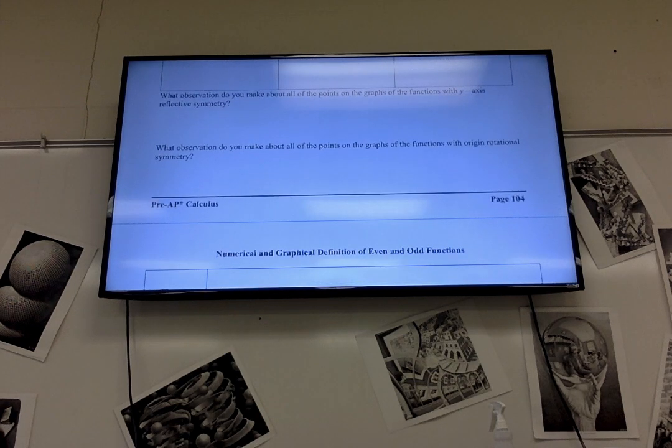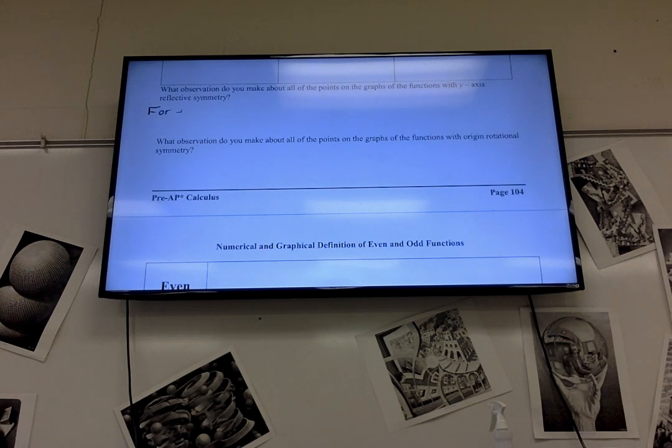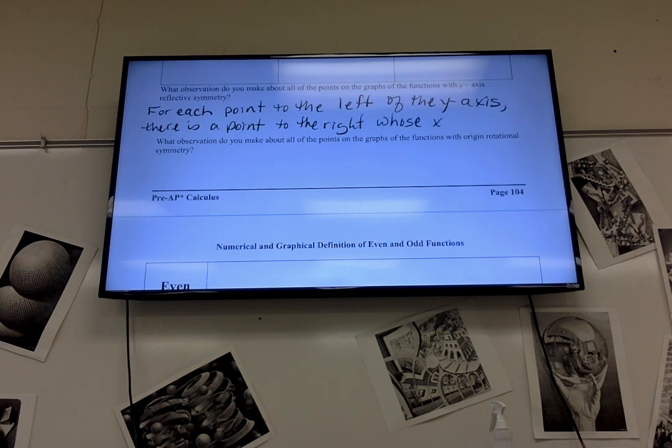So I'm going to scroll down here. So even functions: for each point to the left of the y-axis, there is a point to the right whose x-coordinate is opposite and y-coordinate is the same. That's just in words what we